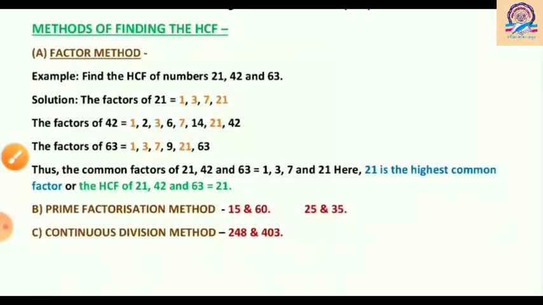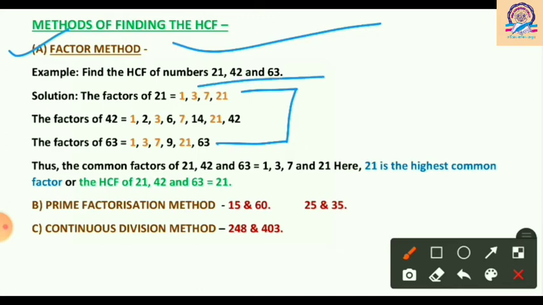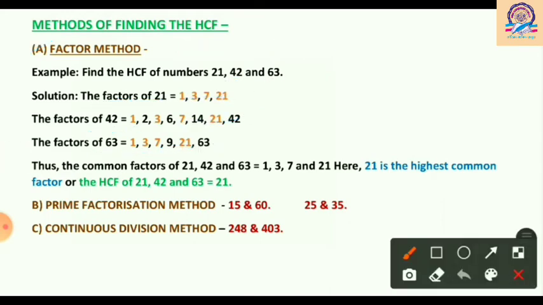Now the main important thing, that is methods. So here we will study the methods of finding the HCF. So the first method is the factor method, and for understanding the HCF we have already used this method. Meaning what will we do in this method? First we have to write all the factors of the numbers. Okay, for example here we have numbers 21, 42 and 63. So what will you do? We will just write their factors. Okay, and then we will try to find the common factors of these three numbers. 21 is the common factor for 21, 42 and 63. Then we will check among all these factors which factor is the greatest.